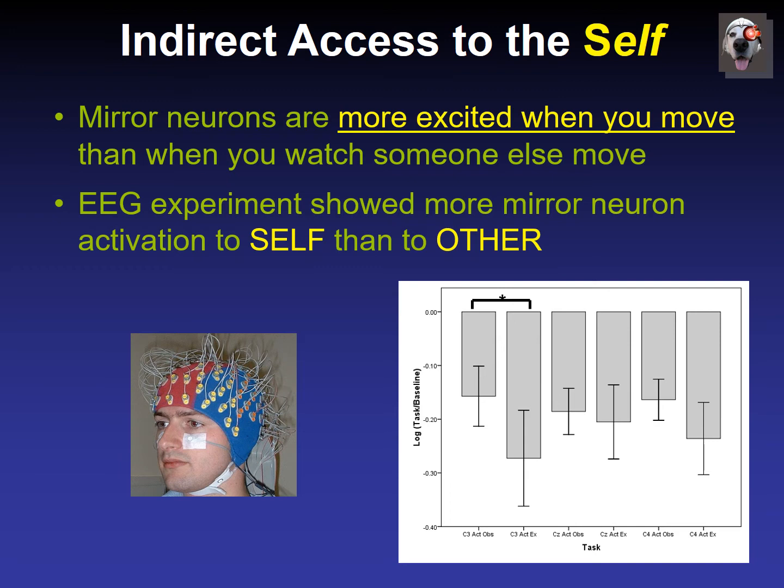This first bar represents the mirror neuron activity as recorded by EEG when a subject watched someone else perform an action. And the second bar is the EEG activity when that subject performed that same action themselves. And we can see that the second bar, the one for the self performing the action, is larger than the bar for watching another person perform that action, indicating that when you perform an action yourself, your mirror neuron system is more active than when you're watching somebody else perform that action. And this is consistent with the